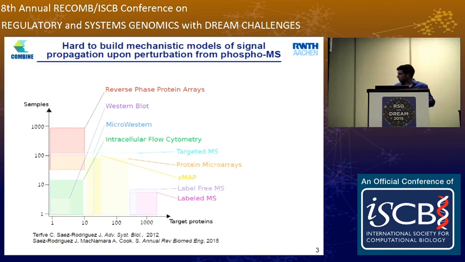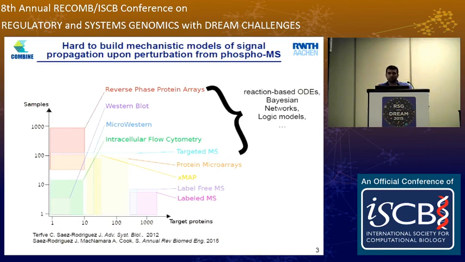Coming back to the other technologies, if you look at methods that you can apply for antibody-based platforms, there are many of them. You can write the biochemical reactions and convert them into differential equations. You can look at signaling networks as logic circuits. You can infer with or without prior information using Bayesian networks and so forth. But in contrast, there are really not so many options if you want to model in this way data obtained with mass spectrometry phosphoproteomics. Of course, there are many powerful computational methods to analyze this data.